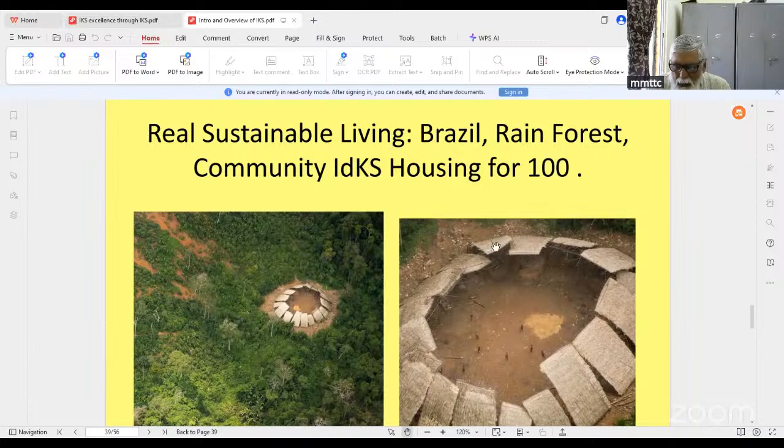And you can see here, there are no walls. Every family lives below this, and the common space for all the families is here. So there are no personal rooms, personal living room, personal garage, personal car. That's the reason why it is sustainable. So in this population of 100, when the population becomes 130, 140, about 30, 40 of them will move another 2 miles away and build another thing like this and live till the population becomes around 100, 110. Okay, and they have been living like this for the last few tens of thousands of years. That's why they are sustainable.